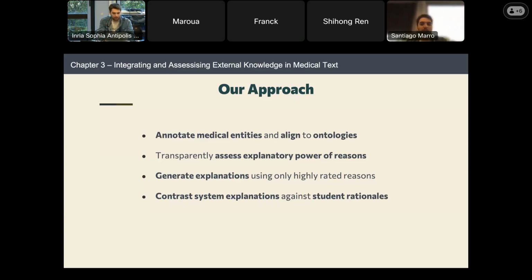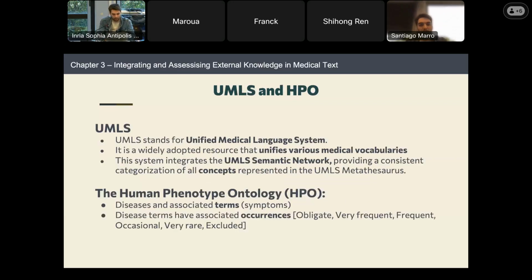So a student, for example, may produce his own explanation, and our system may generate a different one and contrast it with the one that the student used by saying, okay, you should improve by using this reason and you should discard the other. We will see an example.